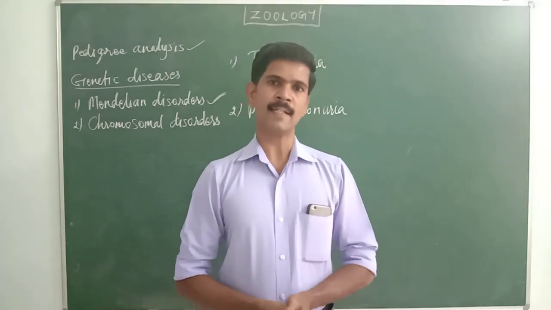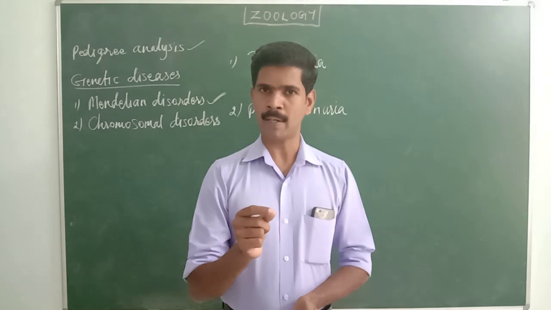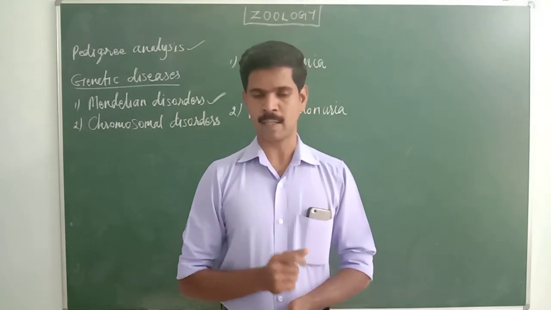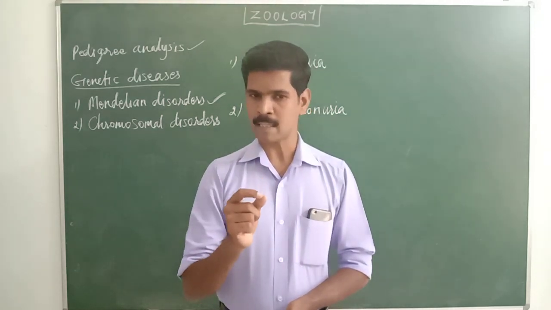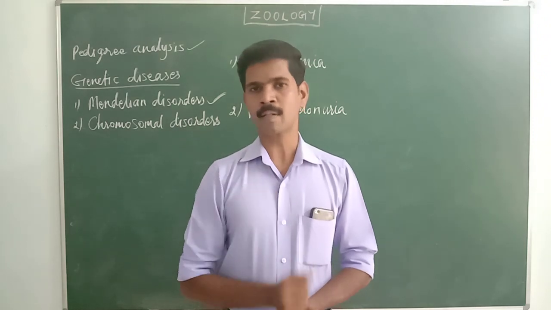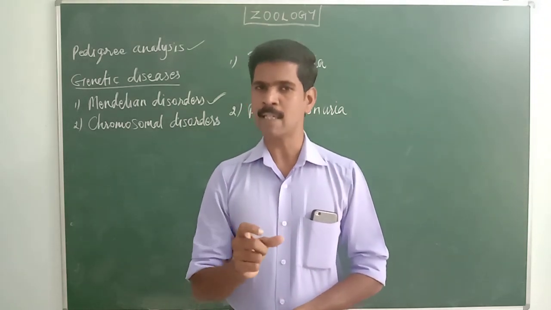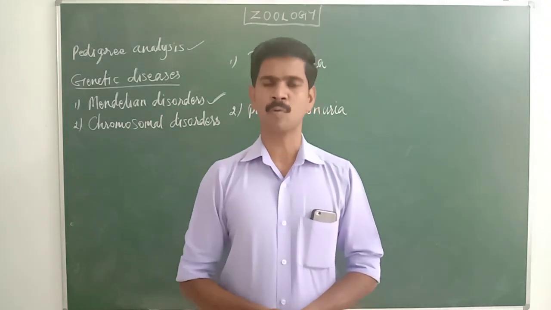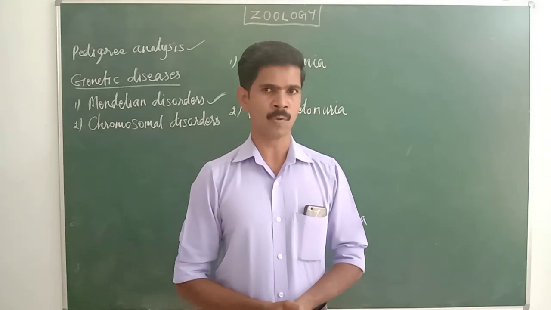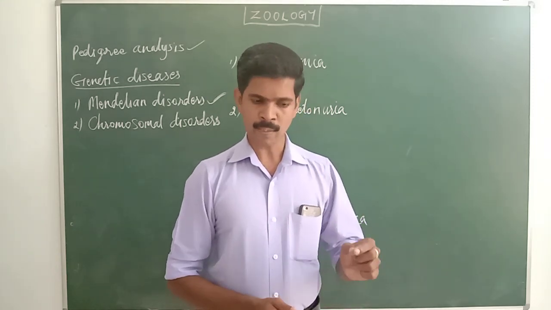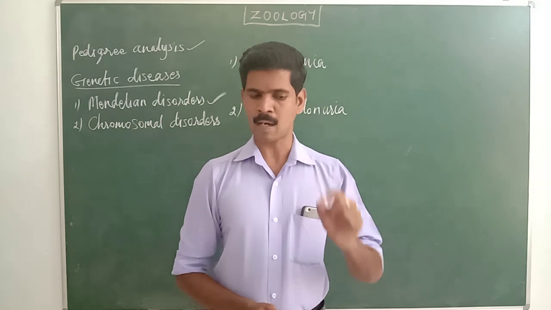Alpha thalassemia is controlled by 2 important genes. Listen very carefully. Both genes are located in the 16th chromosome. Totally 46 chromosomes are there. So here 2 genes are controlling this alpha thalassemia.